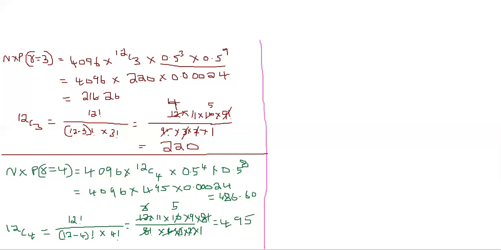So I will do up to P of R is equal to 6. The remaining part you need to do yourself. Up to 6 the values will be there. After that the values are going to repeat, it will increase up to n into P of R is equal to 6, and again the values will decrease from P of R is equal to 5 onwards.